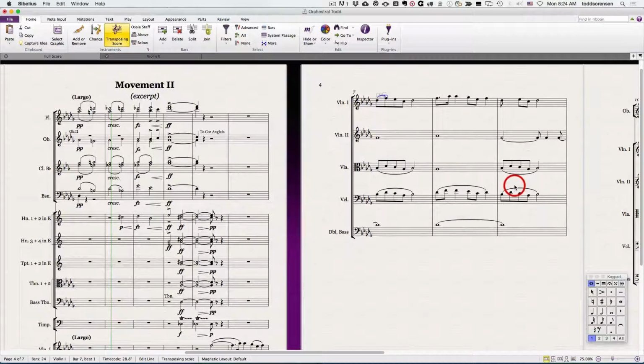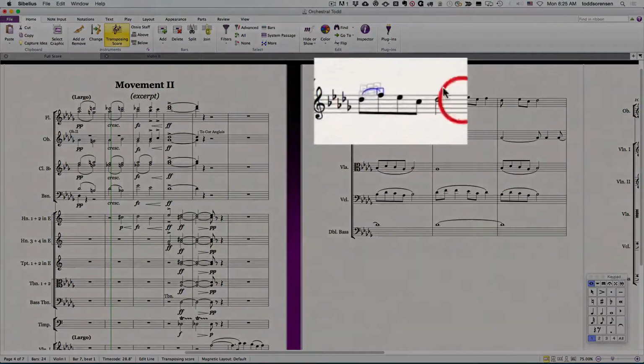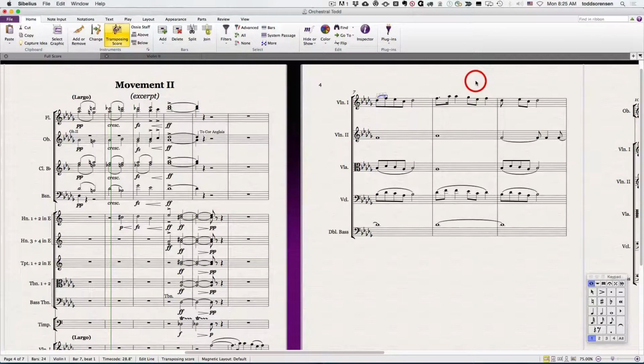Now you'll notice that this slur has a box here at the end. Essentially what you can do if you want the slur to extend further is you press the space bar multiple times. Each time you press the space bar, the slur will extend one additional note. Now to go back, if you've gone too far, you use Shift and space bar to retract the slur. So it's real easy then to create slurs across multiple notes